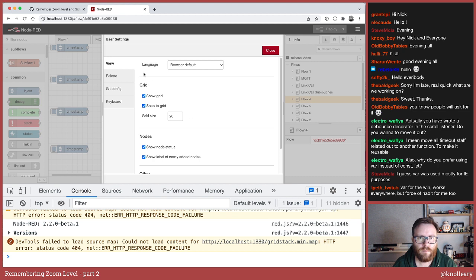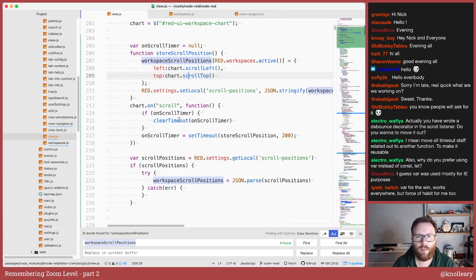It's very reductive, but I feel the need to have a view section with remember zoom level and remember scroll. What we actually label them as is yet another question.